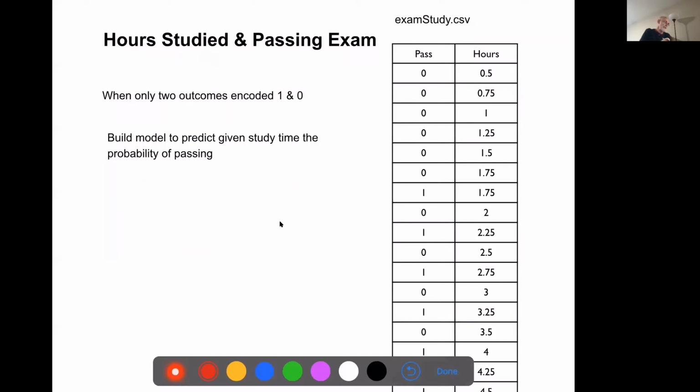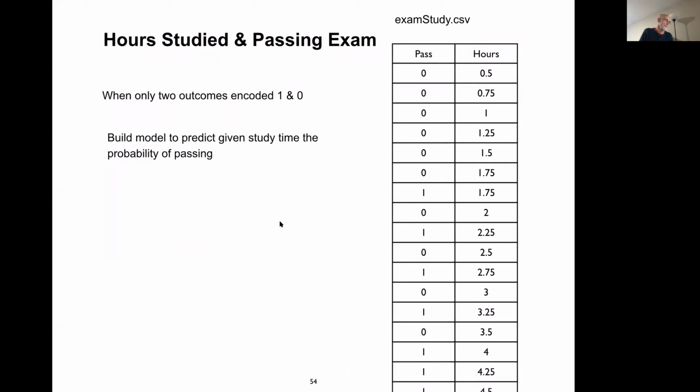Basically, how can we predict that people are going to pass an exam based upon how many hours they studied? I mean, it's completely made up data, but it should be good enough.